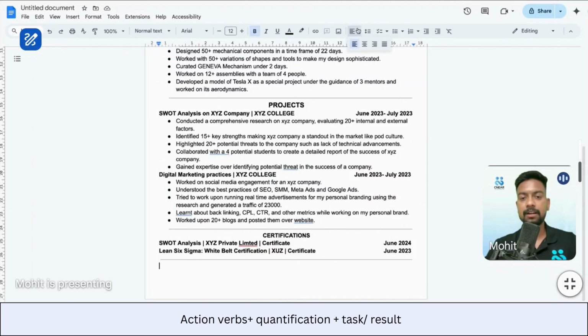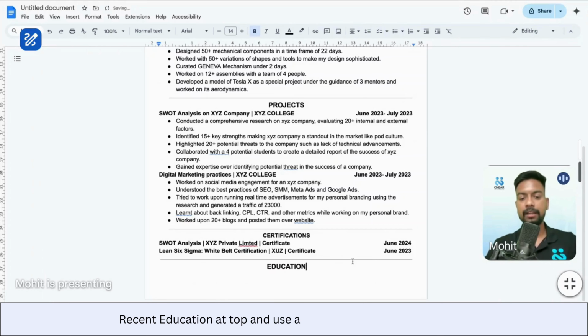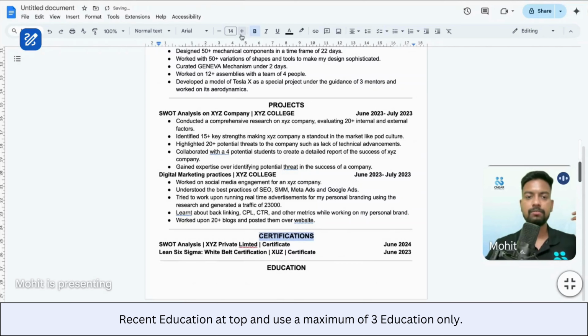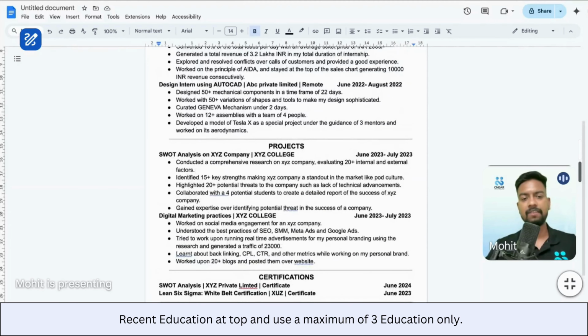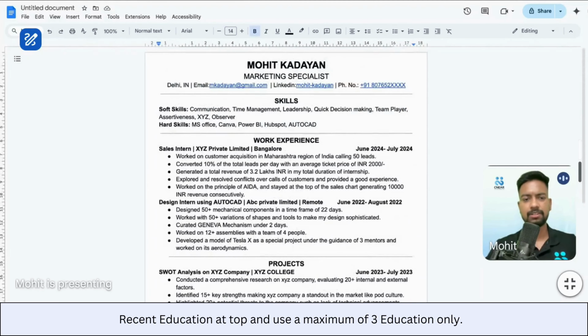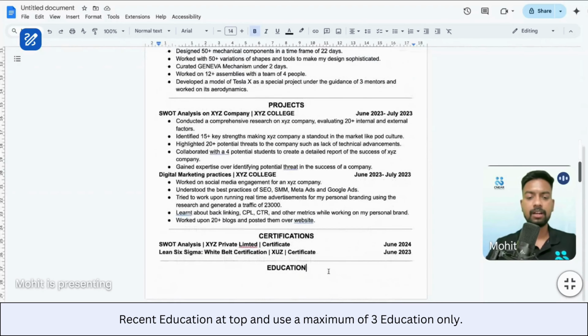Now, which section are we missing? We are missing the section called education. If you want to put education, only put the two major ones. So your MBA and your bachelor's will work fine. If you want to put your 10th and 12th, feel free, if you have space. But for now, I'll come to my left screen, reduce the font size to 12, and write masters in